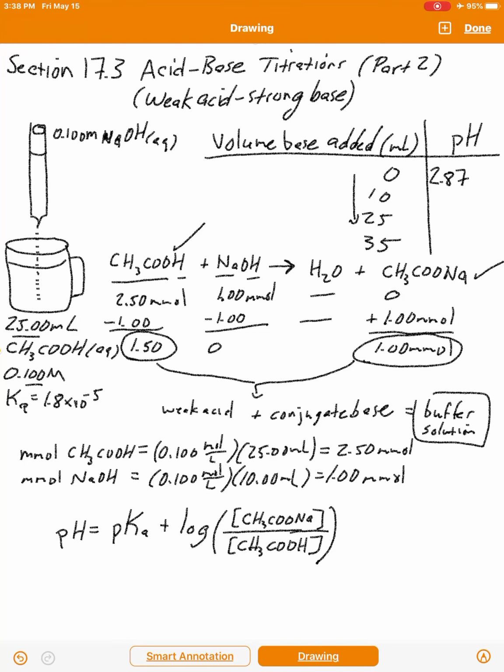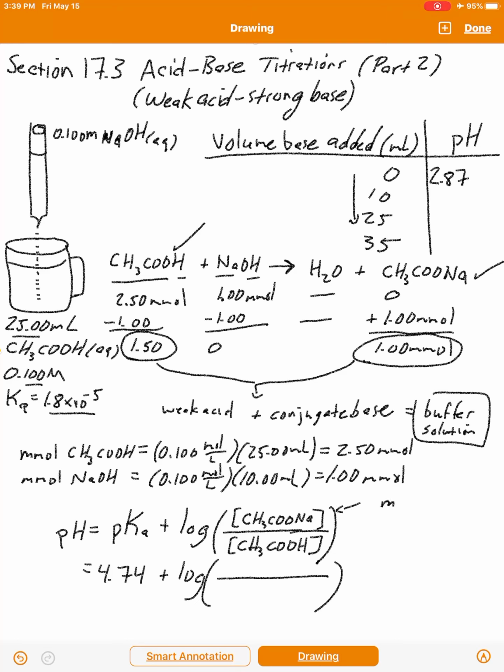Okay? So the pKa of acetic acid is the negative log of the Ka. Covered that earlier in the previous section. That's the negative log of 1.8 times 10 to the minus 5, and that's 4.74, plus the log of the concentrations. Now, we can go ahead and calculate the concentrations if we wanted to, but keep in mind, concentration is